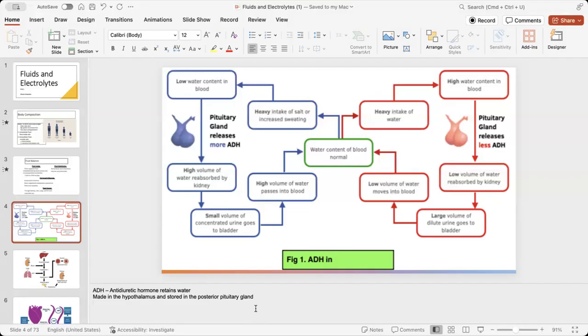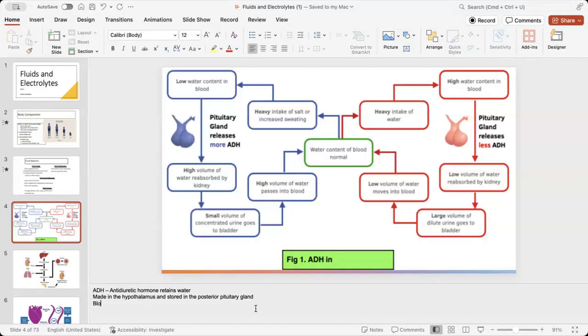Okay, let's look at the opposite end here then. We take in too much water. Can you take in too much water? Yes. You can go into water intoxication, right? So I take too much water. I have a high water concentration in my blood. What happens to my blood osmolarity if I take in too much water? Low. It's gonna go low, right? I have more water than particles.